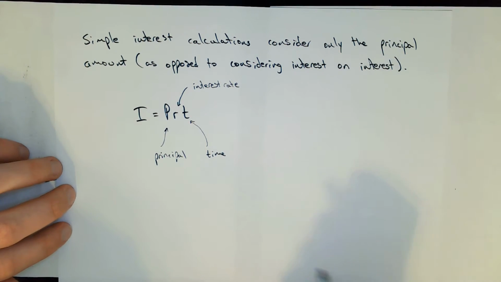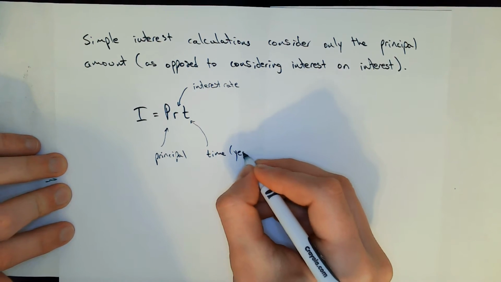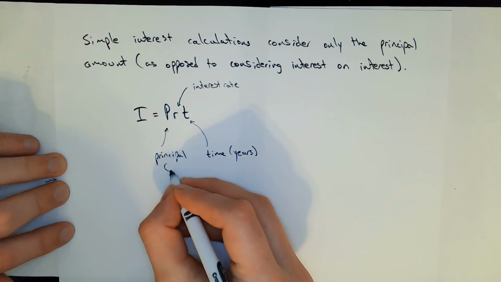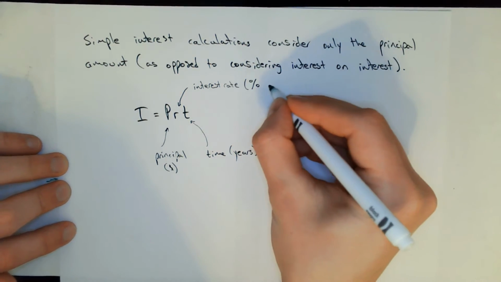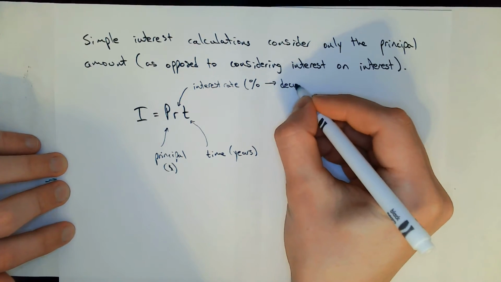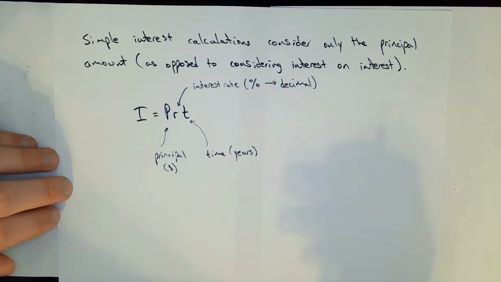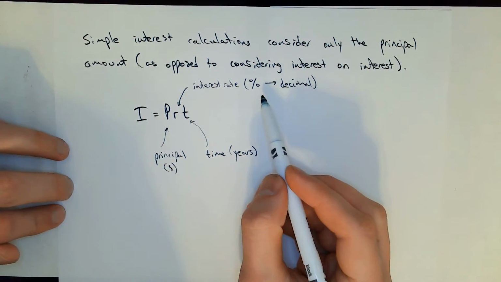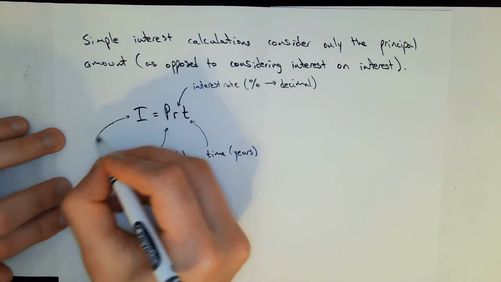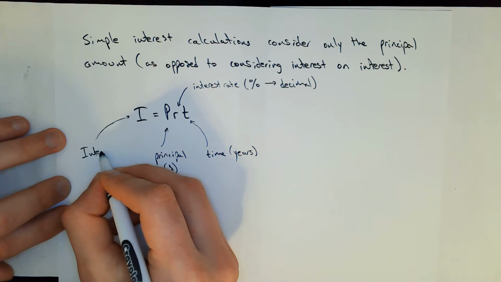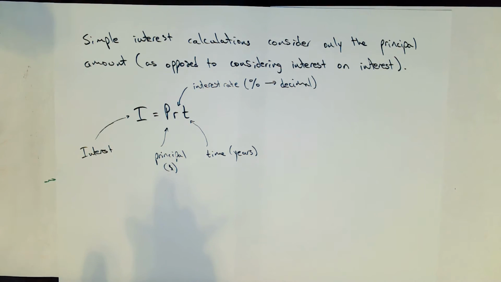There we go. Principal, interest rate, and time. In years, this is measured in years. Principal, of course, is measured in dollars. Interest rate is a percent that anytime you do calculations with, you need to change to a decimal. Of course, we learned that in chapter 4, right? Where we learned about calculations with percents. And I is the interest. So I is the interest that gets calculated